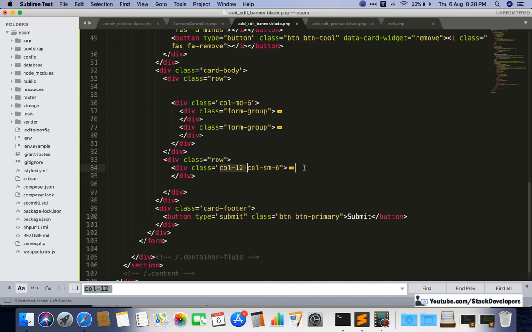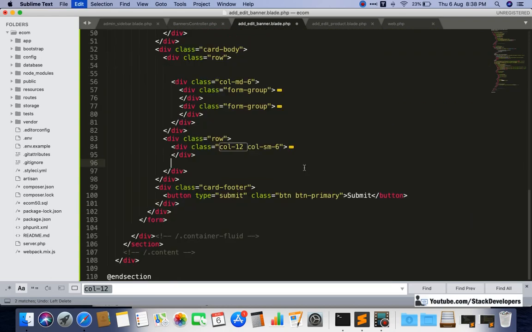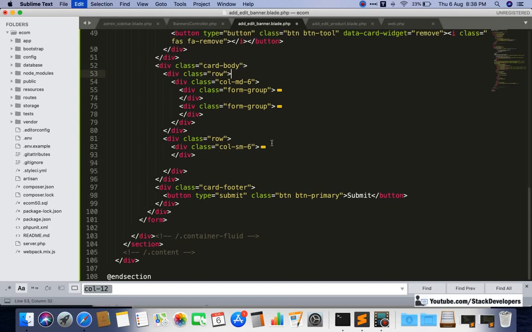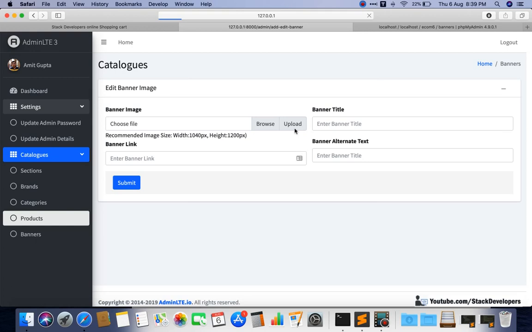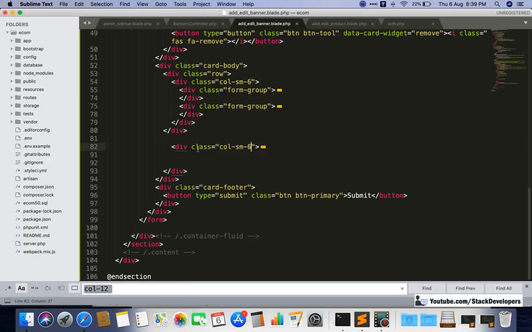So here you need to check once. See, we are stuck here at this part. Okay, so I have removed this row. See, row we need to use only once. Okay, so I have removed this duplicate row. This one I have removed, and see what will happen. So you can see that I have removed that row, and row will just come once, and after that I have modified it to col-MD-12, and see I have done col-SM-6 for both, for this one and for this one as well. And after making these changes I refreshed, then you can see now it is appearing fine.